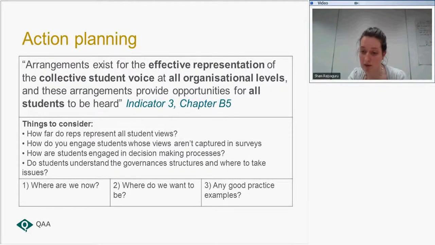It's not just sitting in a meeting and rubber stamping decisions, it's about doing work beforehand to be involved and bring the decision to the table. All right, that's a very good point. So there's a little partnership. It's about having the students' involvement in the work that goes in beforehand.